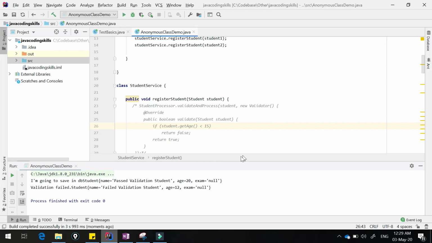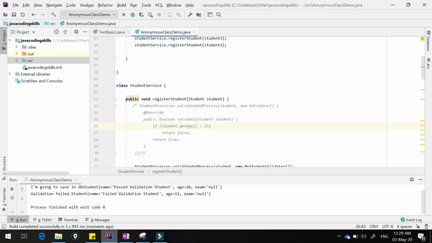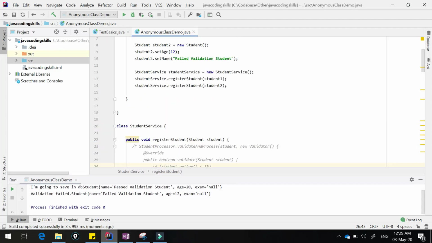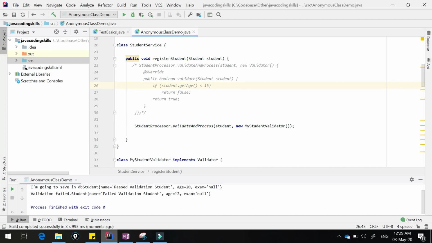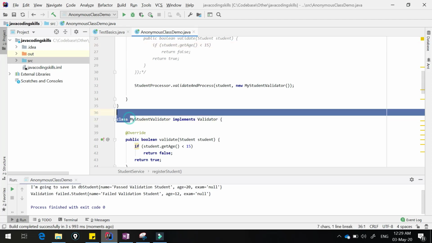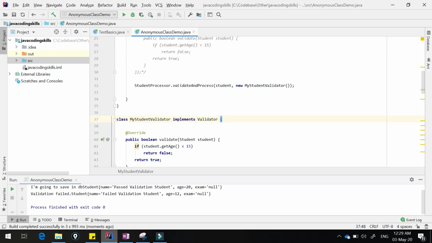So that's anonymous classes: you can either use the anonymous class style or the normal style. The same concept we are using here, with anonymous classes and implementing the interface, is called the strategy design pattern. We are already using the same thing but are not familiar with the terminology.